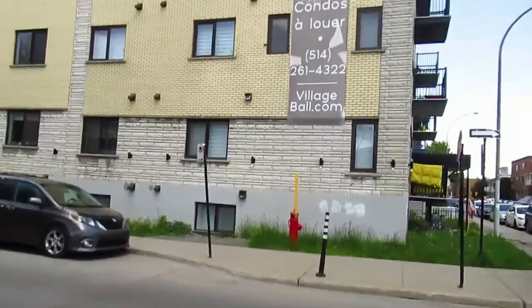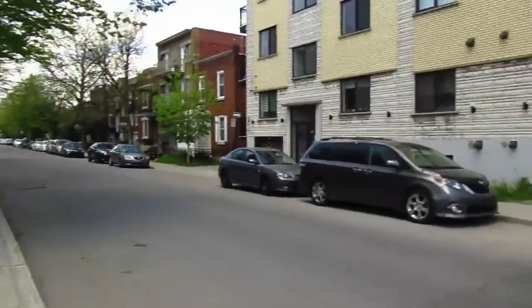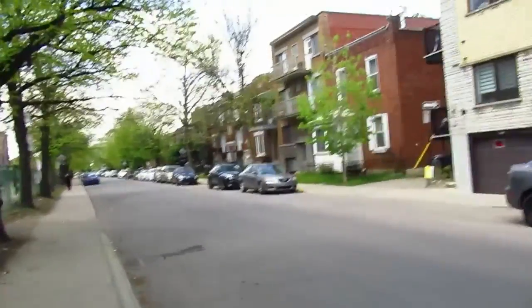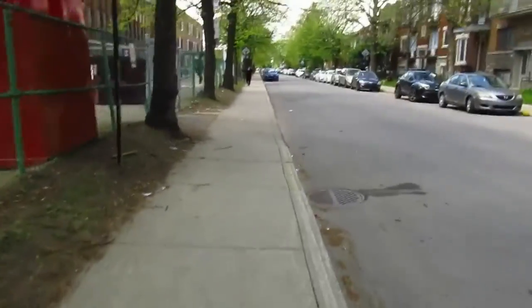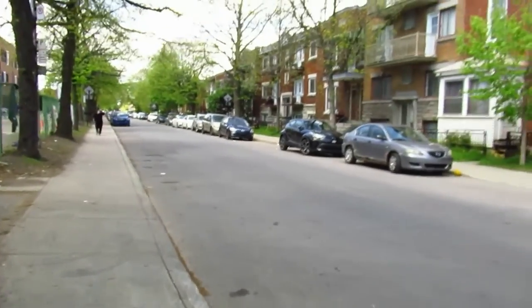Oh, look at this. Condos for rent. They don't look like condos to me. It looks like a very old apartment building from the 50s or 60s. That's what it looks like to me. And they're pawning it off as a condo, which is very typical, of course. So, I don't know how long I'm gonna go here. I don't think I'm gonna film this until